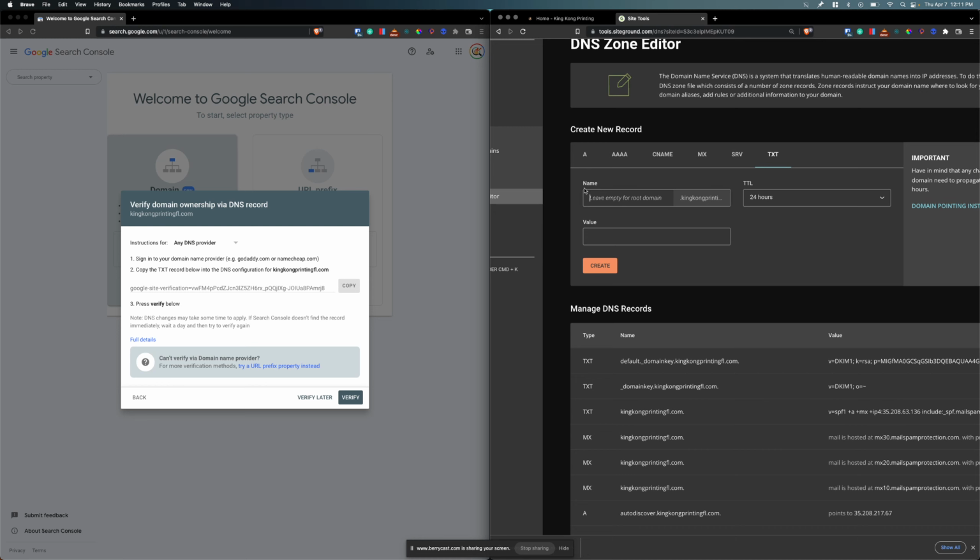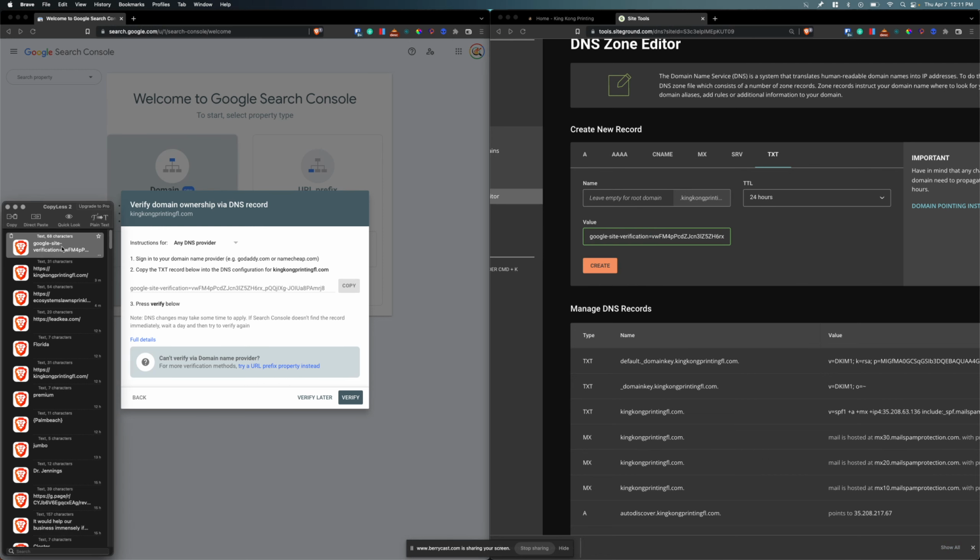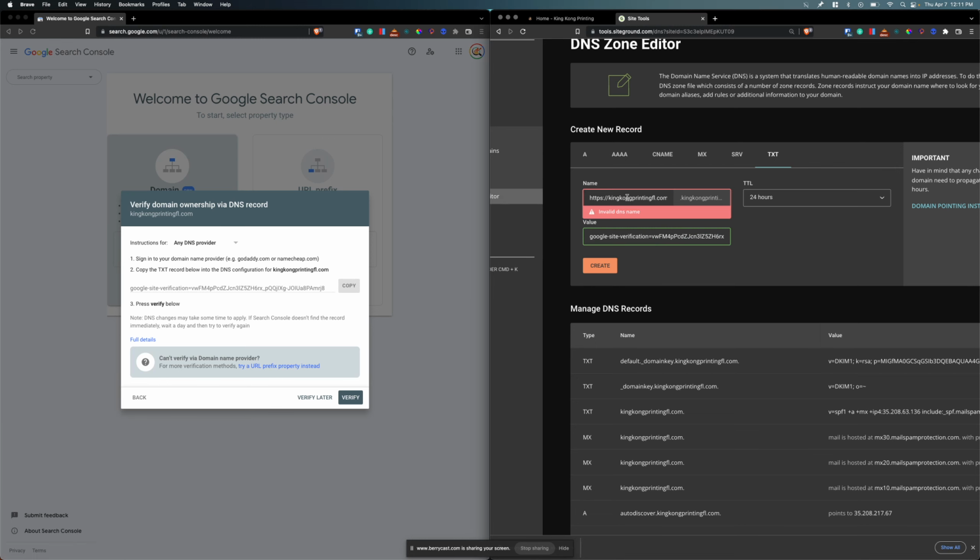You can leave this blank. Some DNS interfaces will need you to type in the website, and if you have to type in the website, just do it like this, without the slashes, just like that. But on SiteGround, you don't have to. It just says leave it blank. So after you put your code in there, click Create,